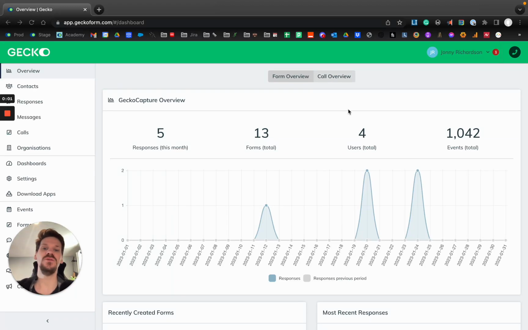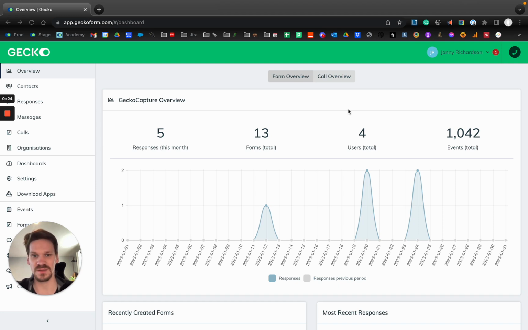Gecko allows you to save MP4 recordings of any calls that are made through the system on certain VoIP numbers or under certain conditions, which is a really useful tool to be able to have a backlog of everything that's taken place for quality control purposes, but also data security purposes too. Now, in this video, I'm going to walk you through how to set this up, how these work, and all